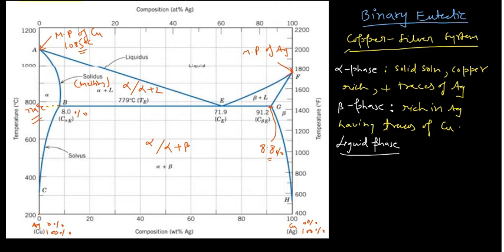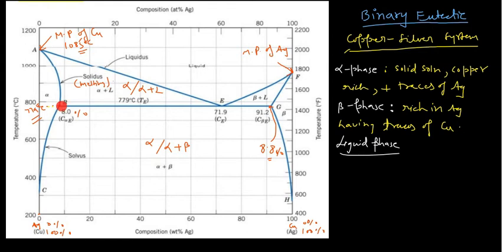So the temperature is common, that means 779 degrees centigrade, and in that case the two phases alpha and beta have different compositions of impurities. This is very, very important. I hope this is clear to you. And after that, what you can see is this line B, E and G, the horizontal line. What it is doing is connecting these two regions: region 1, which has the alpha plus beta phase, and this one, which has the alpha plus liquid phase.